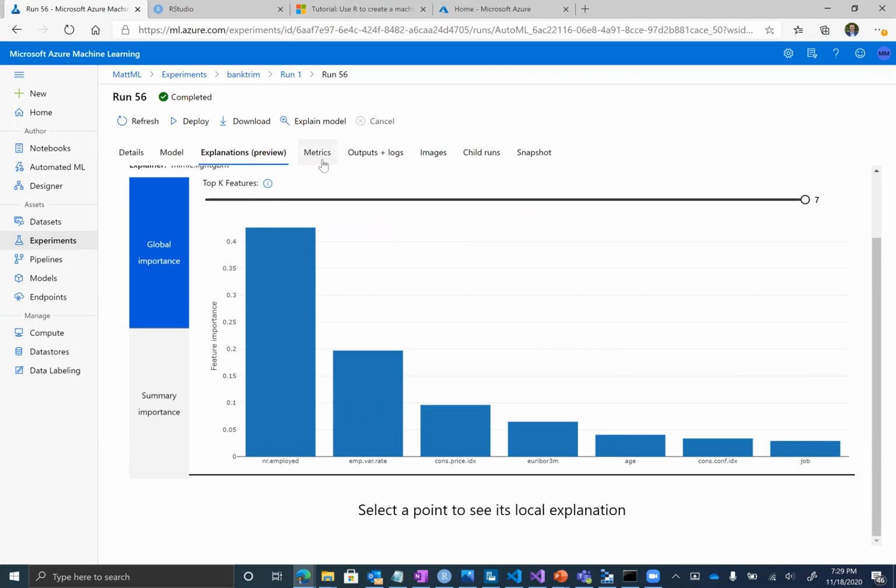I will say that, at my last gig, DataRobot does have some more explainability features, and with Azure, that's to come, right? So whether you want to build partial dependence plots or cumulative gains charts or things like that, you can build that stuff with Python or R via our SDKs or our APIs that allow you to interact with everything programmatically, but that's not yet here in the GUI.